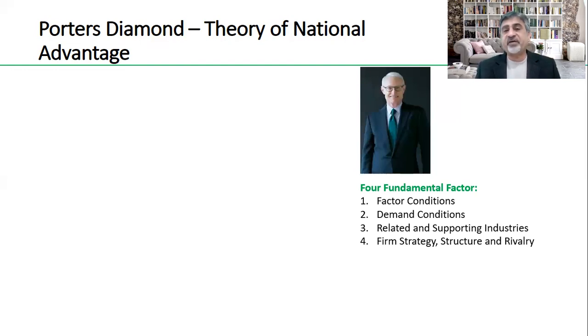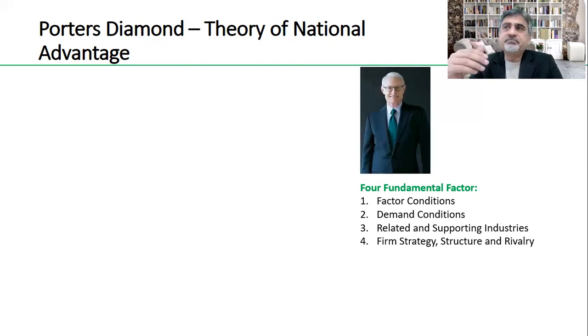So the four factors are factor conditions. If you remember, we had that concept of factors of production, land, labor, and capital, from economics. So this is, I would say, a modified form of the same concept. The four are: factor conditions, demand conditions, related and supporting industries, and firm strategy, structure, and rivalry. The first three are environmental things, which you find within your environment. And the fourth one is related to one particular entity or company.